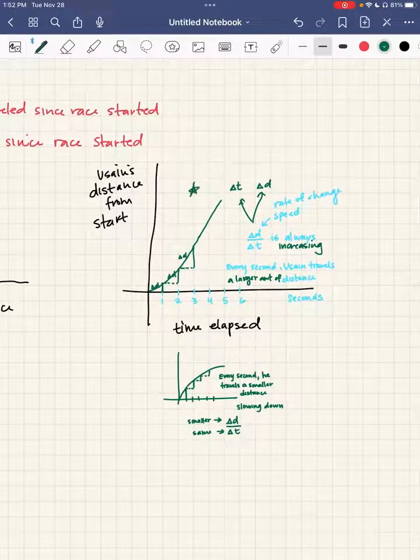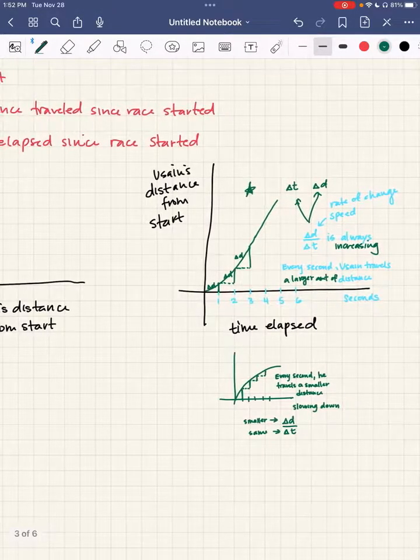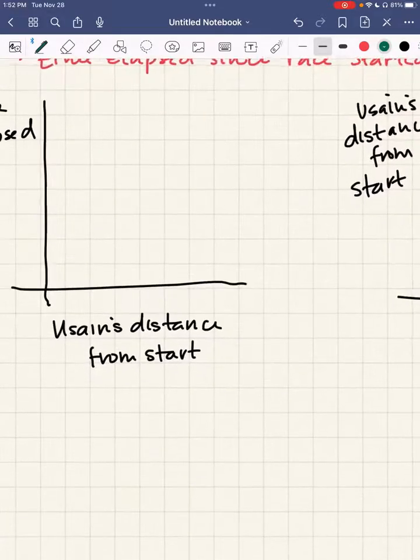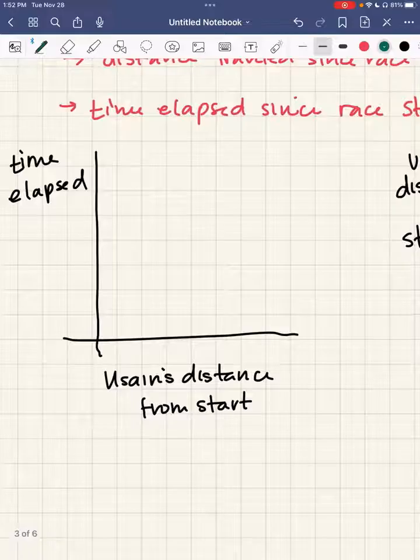But this is if we draw the graph this way. What happens if we draw the graph this way instead? So in this situation, and this is actually more true to life for racers, what racers or swimmers talk about is they talk about splits. So instead of keeping the time consistent, they keep their distance consistent. So they might say something like, hey, every 10 meters, how fast are you going? So maybe if we think of it that way, so in that first 10 meters of the race, right?